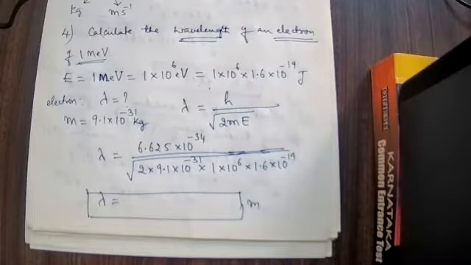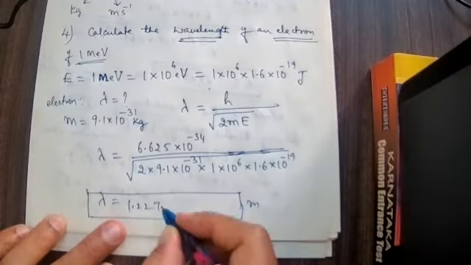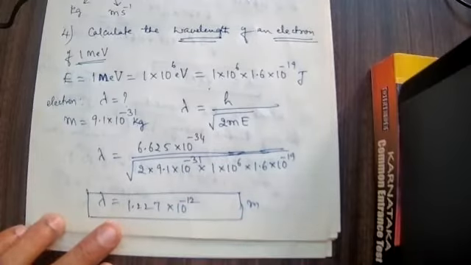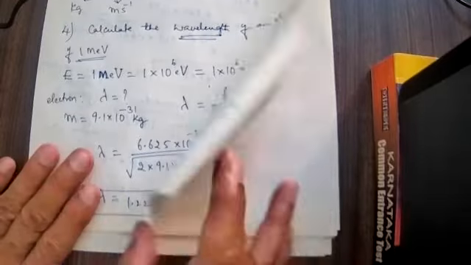1.22 × 10 to the power of minus 12, right? Jennifer, very good. 1.227 × 10 to the power minus 12 meter. This is the right answer. You are supposed to get the third decimal point. It's okay. At least for this problem, 3 or 4 of you have shown it. Next question.